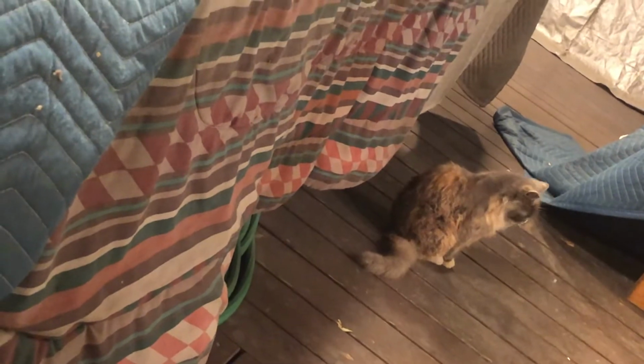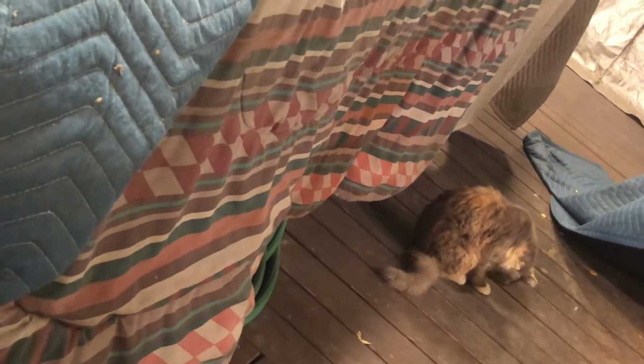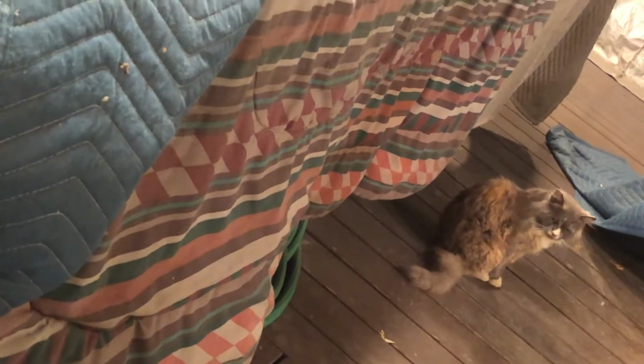But it's weird. I'm holding this camera over my shoulder right now, turned over to one side, and my hand's behind me, holding the treat. It's kind of ridiculous. So basically, the other thing I noticed about the Kirkland stuff is the suggested feeding